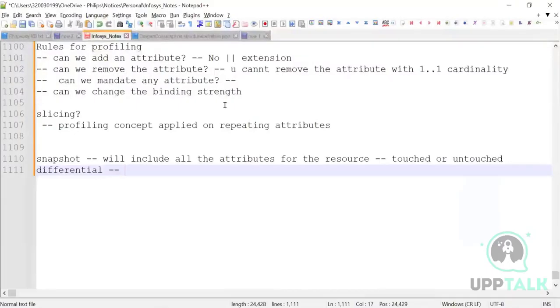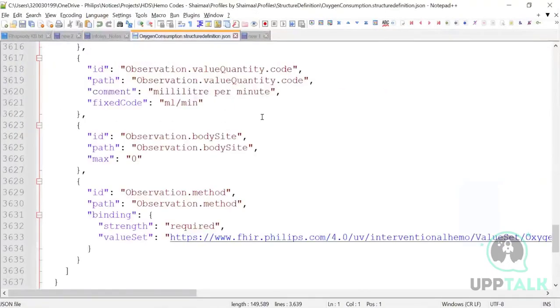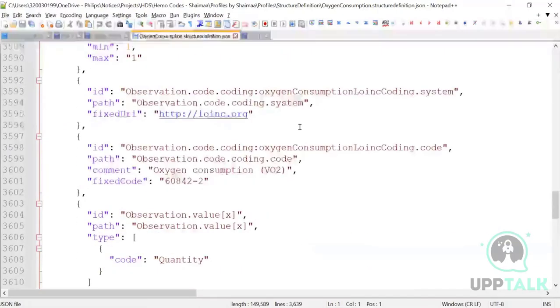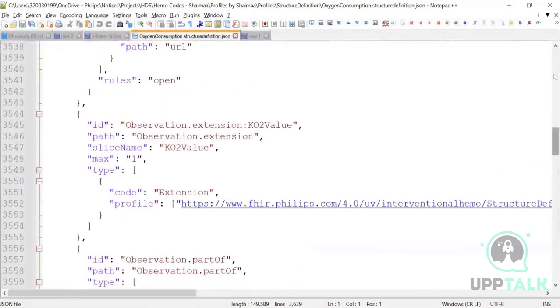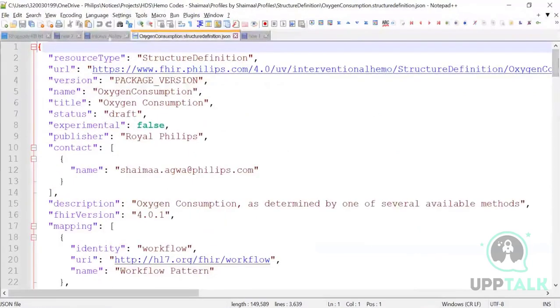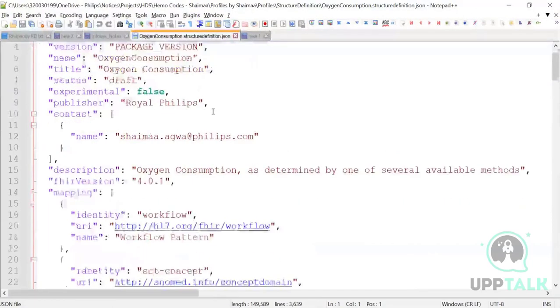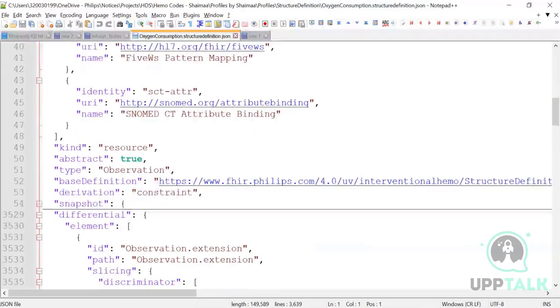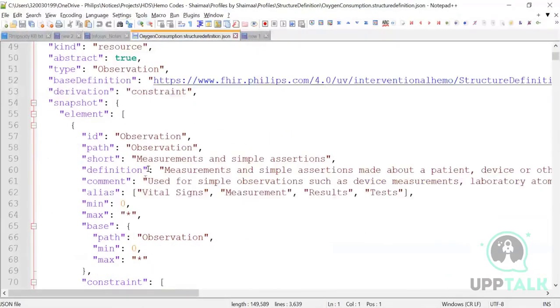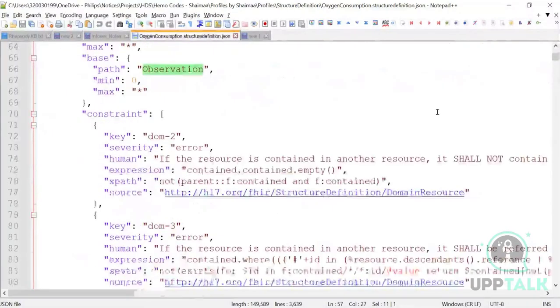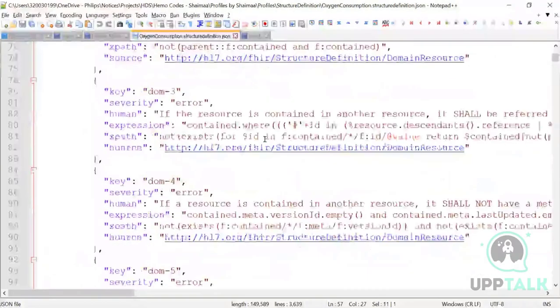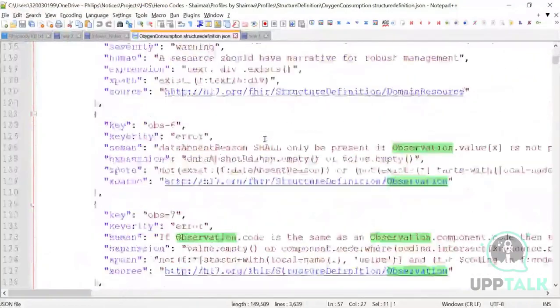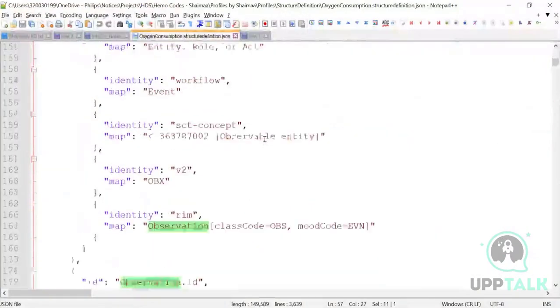I will not share this profile. This is an actual profile, but just giving you one example of how this looks. So this is how a profile will look. We'll scroll down. Two concepts. One is known as snapshot. So this is the snapshot. It is for the observation resource. If you see the size, it is holding everything, all the attributes present within the observation resource,